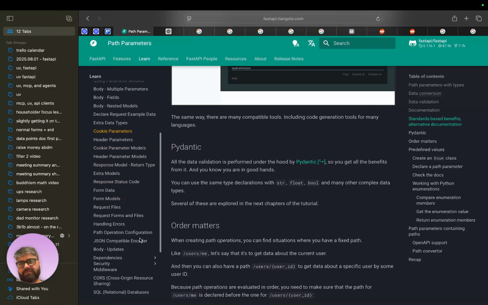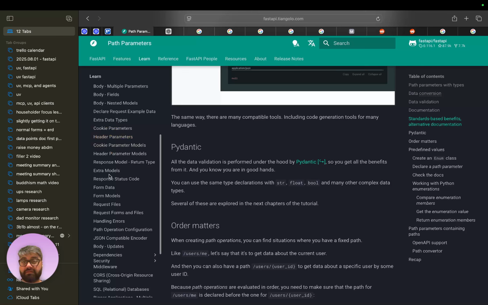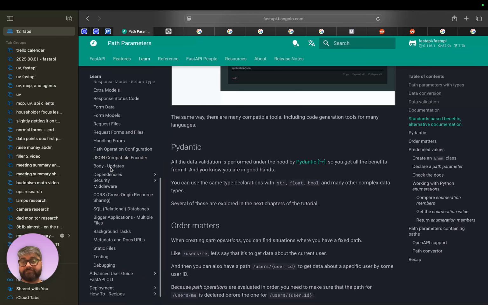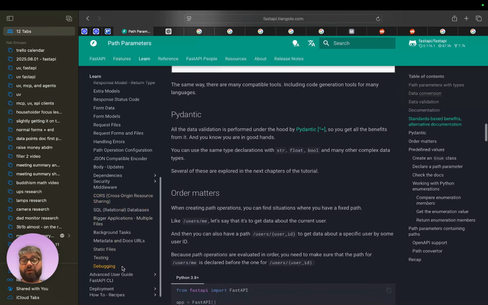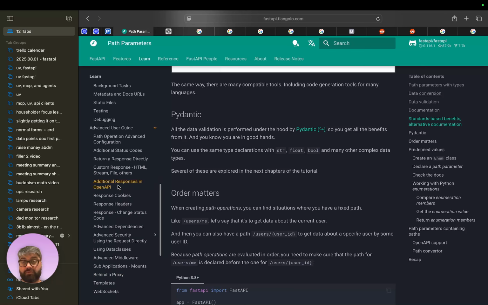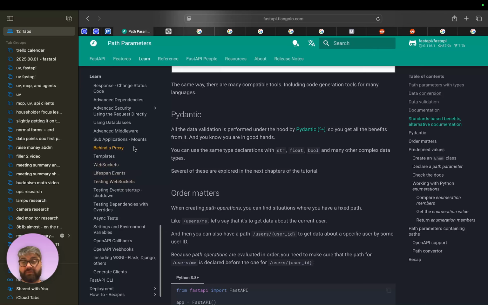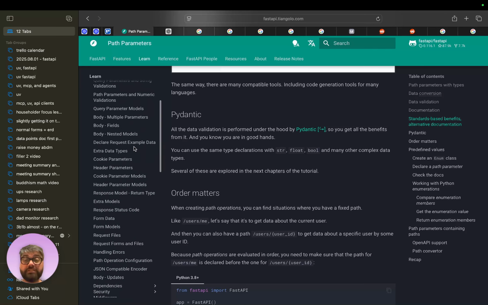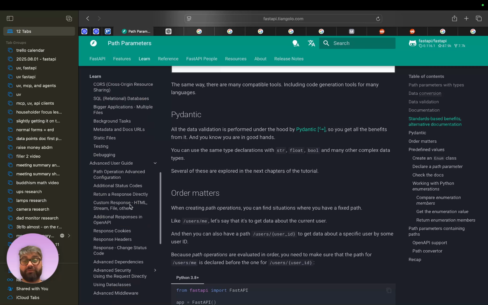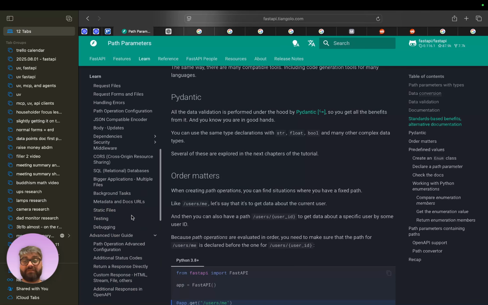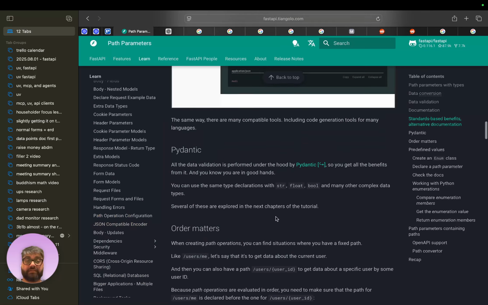There's pieces about cookies and about how you do security, cross-origin resource sharing, all kinds of really advanced stuff, and this is before you even get into the advanced user guide, which has even more stuff. So everything is really well detailed here. And I'm going to need to use most, if not all of these in the kind of thing I'm building.